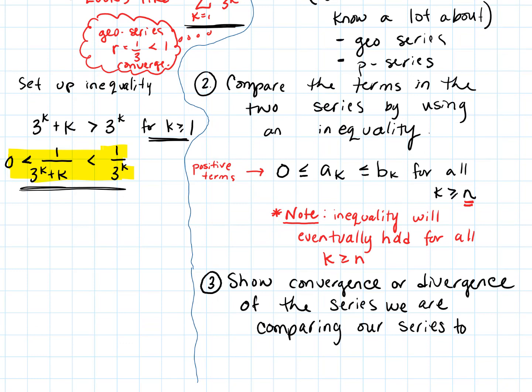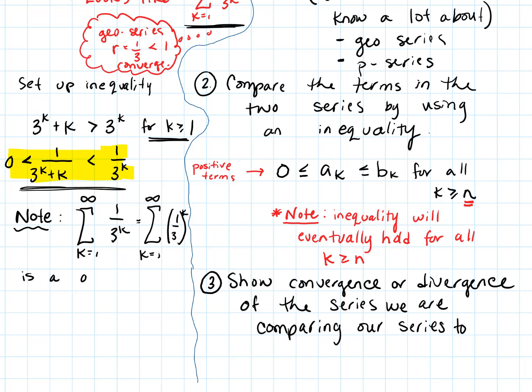So now let's get in here. So here's our second step. We got the inequality set up. Now let's actually show convergence or divergence. So we can make a little statement like this. Something like, note that the series 1 over 3 to the k from k equals 1 to infinity is exactly equal to, and I'm just going to write it in the official geometric series form, 1/3 to the k, is, we got to make this statement, a geometric series where r equals 1/3, which is less than 1, thus converges,